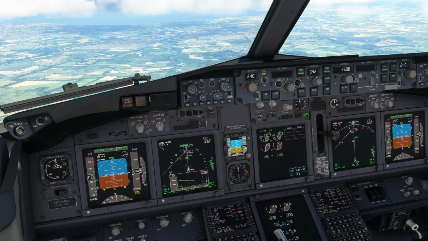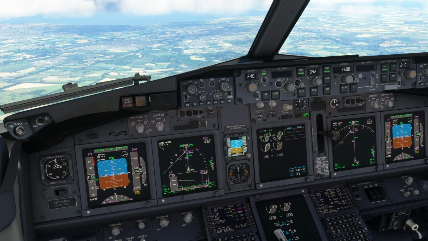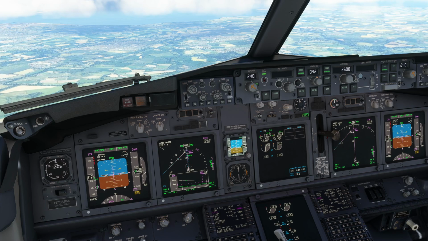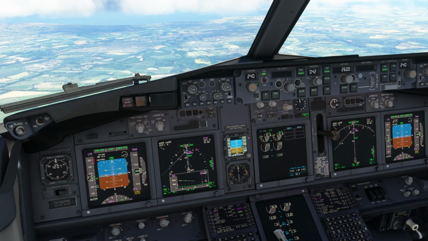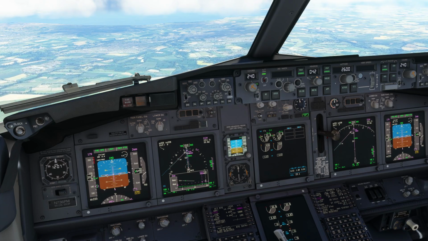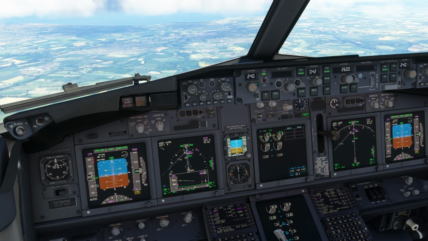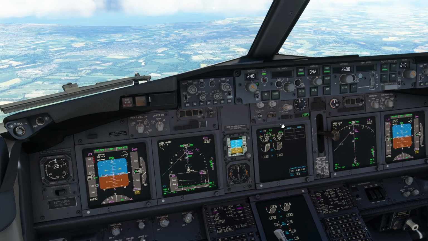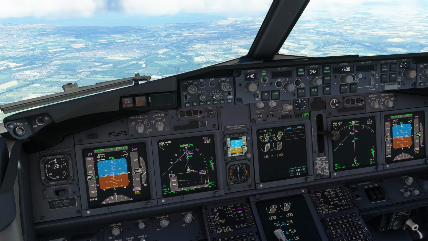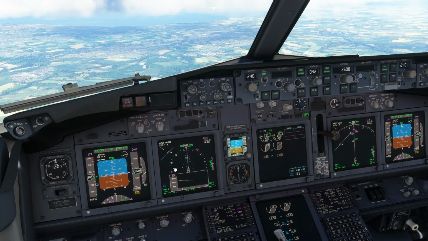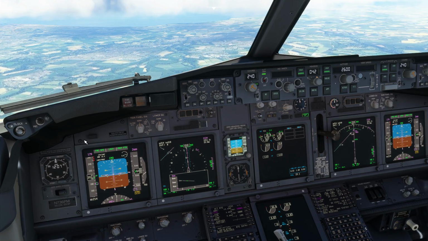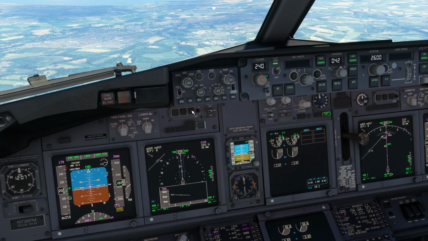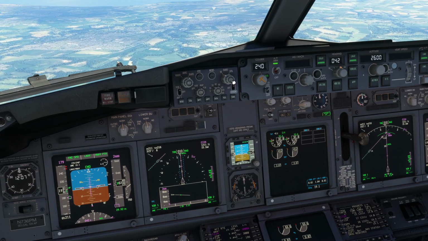I'm going to remove the spoilers. So let's zoom in on this display a little bit. We've got a 20-mile range on it now, so we can see the airfield over here, and we'll see the corner coming, and we'll see the ground appearing as we get closer to it. We're coming down to 6,000 feet, so we come off the standard